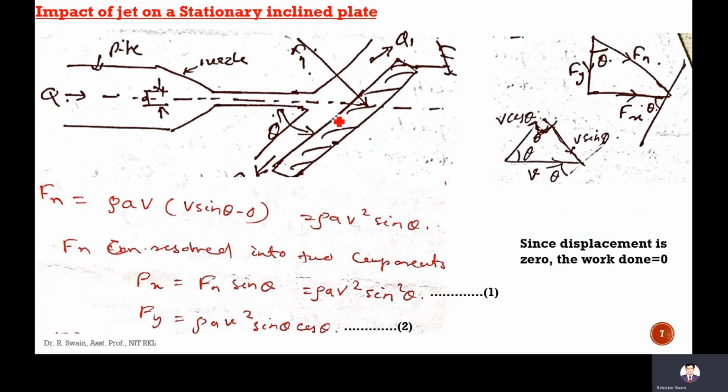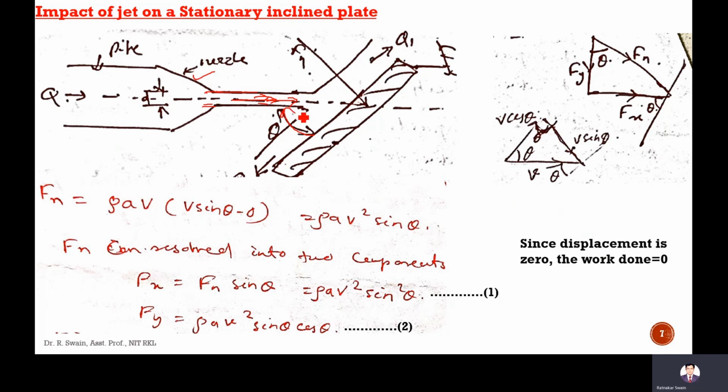Let the plate be inclined at angle theta. From here we can calculate the force. If you can calculate the force here, you can also calculate the force if the plate is normal. So it's inclined, and this is the angle theta with this jet. This is the jet. This is the pipe. This is the nozzle. Here this is the free jet. Theta is the angle. Here discharge is Q, and the free jet depth is D.